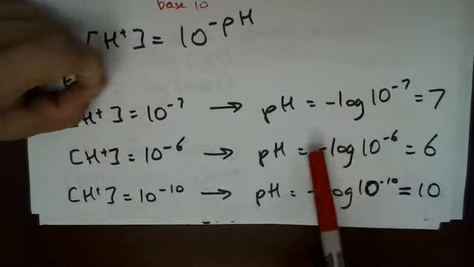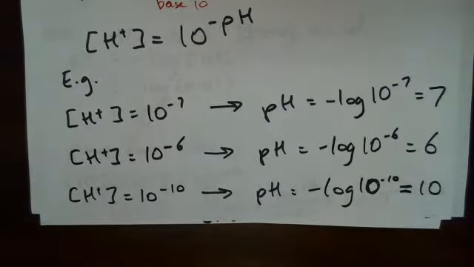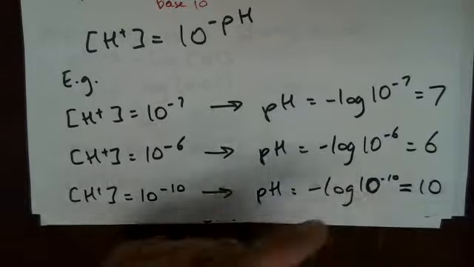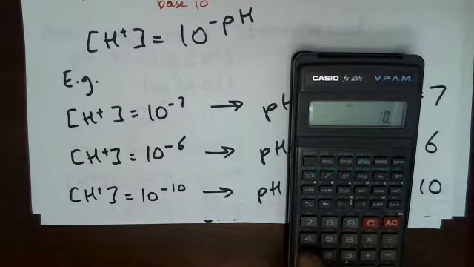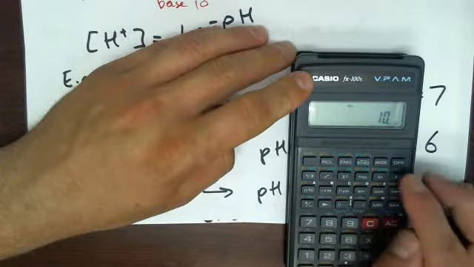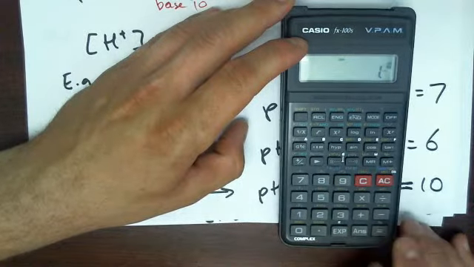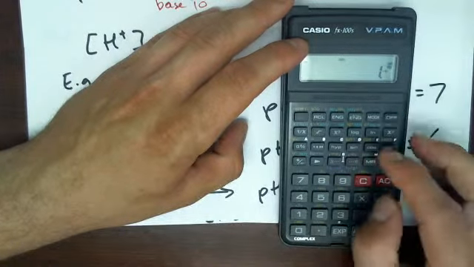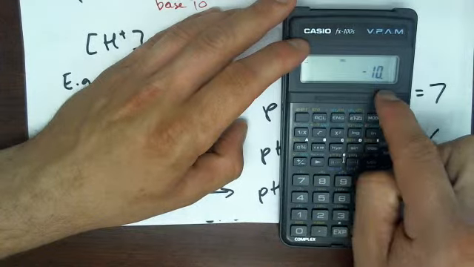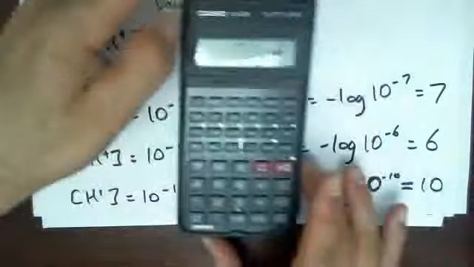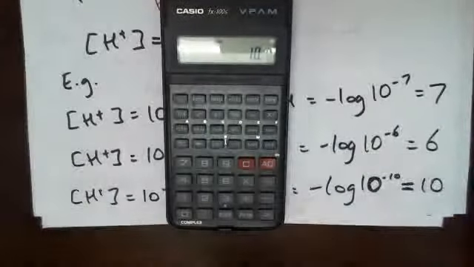Try and do all these calculations on the calculator. So this calculator I've got here, if you pick one, say 10^-10, on my calculator I would have 10, x^y, then minus 10, like that, and that would give me 1 × 10^-10. If I take the log of that, then that gives me minus 10, and if I took the negative log of that, because we have a negative log, then it gives me 10. Make sure you can use your calculator